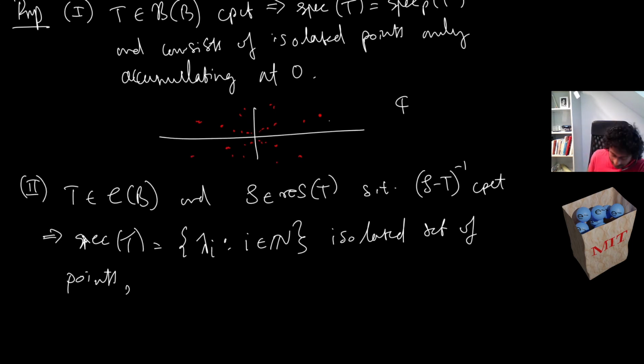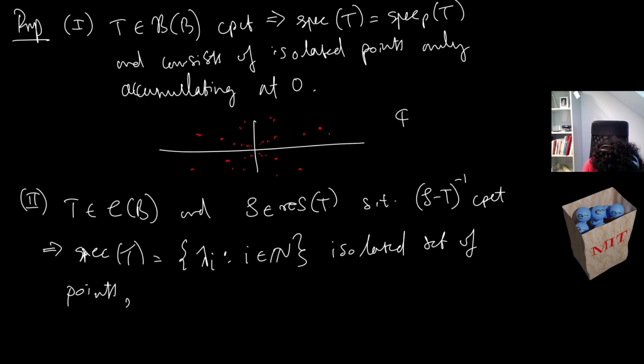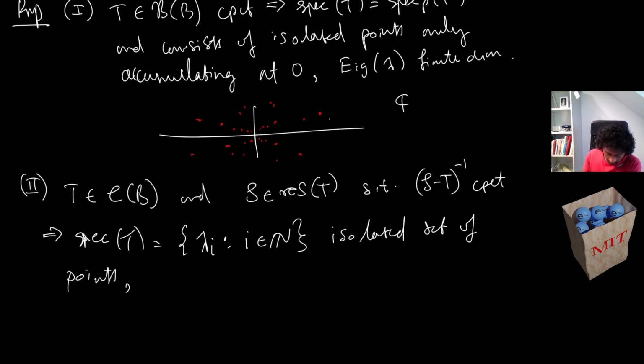I should have said that it is accumulating at 0, and the eigenspace of lambda is finite dimensional. Okay, so the generalized eigenspace. So here, maybe I'll write gen eigenspace. Okay, so